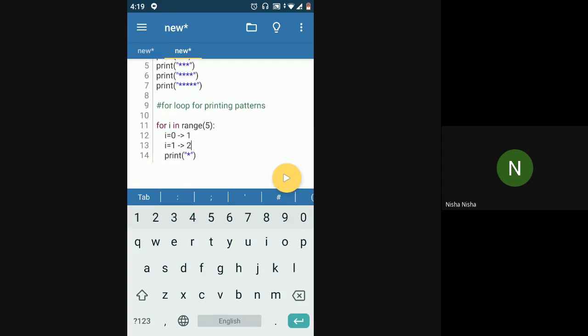So now what should I know? When I is equal to 0, I have to print 1 star. When I is equal to 1, I have to print 2 stars, which means if I is equal to n, how many stars do I have to print?